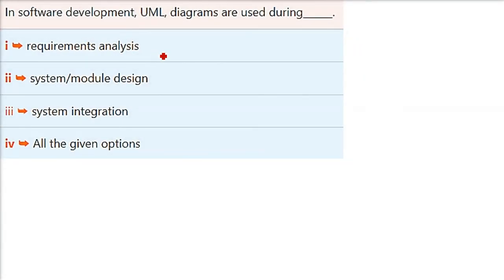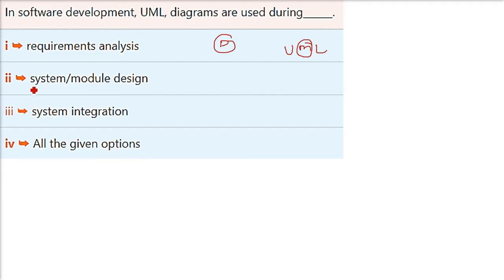In software development, UML diagrams are used during. Now this is a very, very tricky question. Everyone thinks that UML is Unified Modeling Language, so modeling is all about design. Whenever you are going to make your house, you make a model. So that means in the requirement phase it is not required. But the answer is